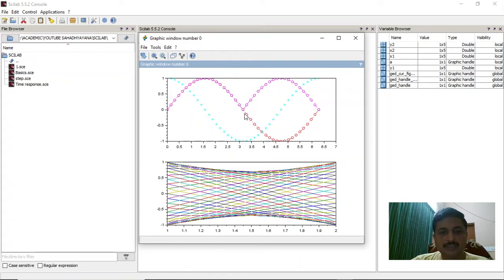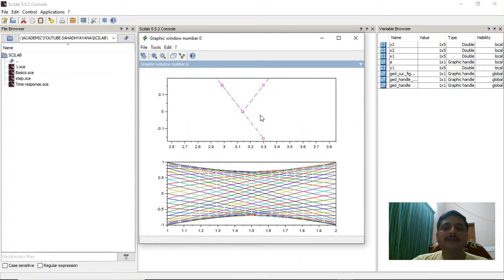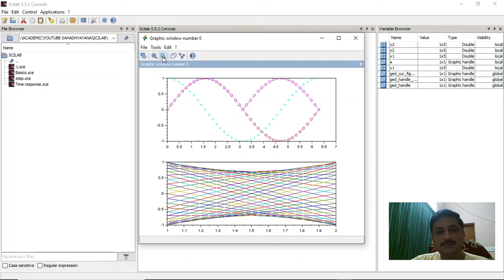In some cases, if you want to know exactly some offset, some noises, to read minute data, you can use this. You can click it where you need it, drag it, make a rectangle box or whatever box you need, and then leave it. Click it again, 2 clicks. Click it, drag it, and click. So you'll get this. And if you want back the normal picture, you click the original view.